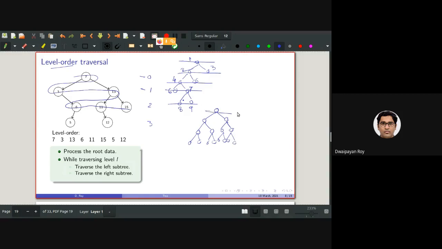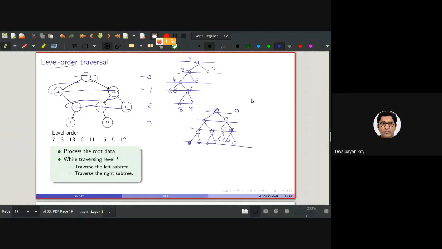Right. So this will be the first level, the 0th level. Basically, in this way we should be traversing. You can see that after traversing this, I should be traversing this, and there is no connection between these two. So what we need to do is place these individually in some data structure, not a stack, so that after traversing this, we can traverse this individually, level by level, and be able to traverse the nodes.